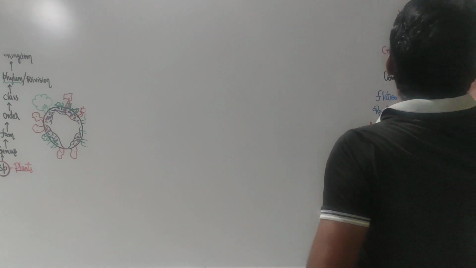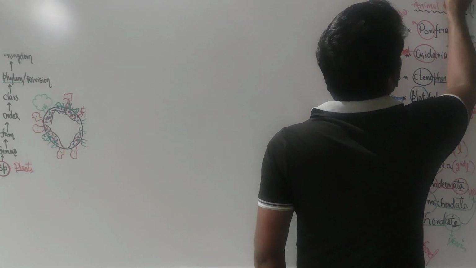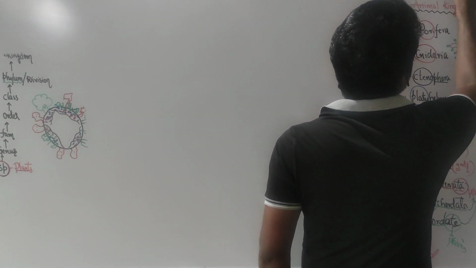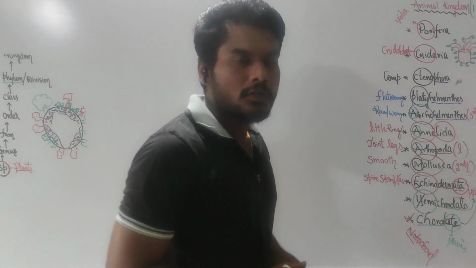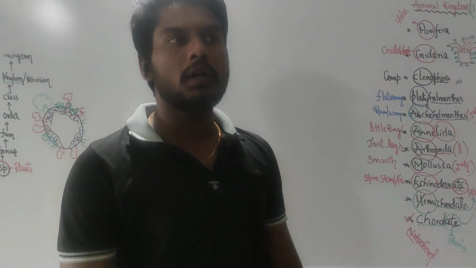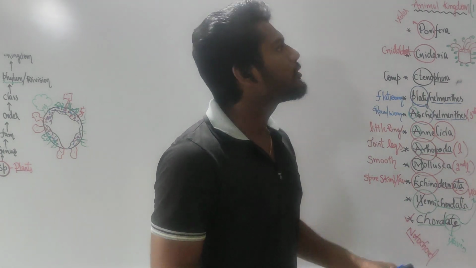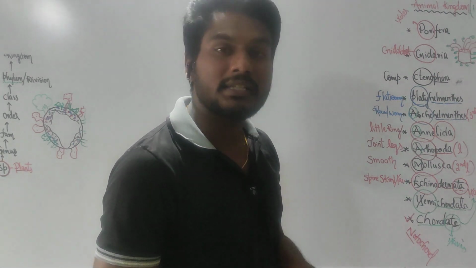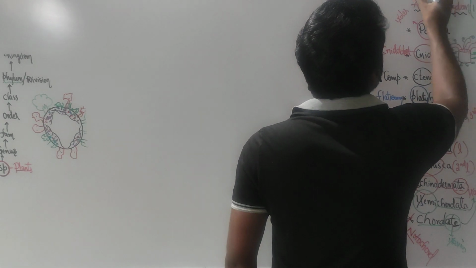And now that notochord is only present in one phylum. What is that phylum name? Chordata. So out of 11 phyla, 10 phyla do not have the notochord and only one phylum has the notochord. What is that phylum name? Chordata. So based upon the presence of this notochord, the animal kingdom chapter is divided